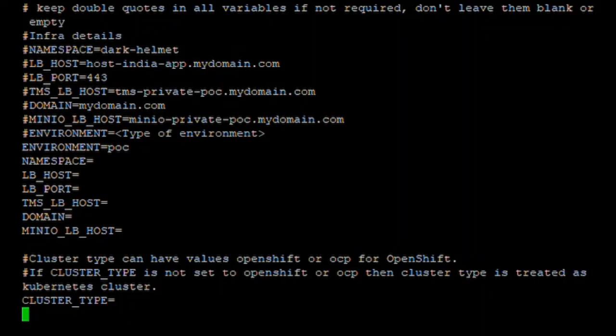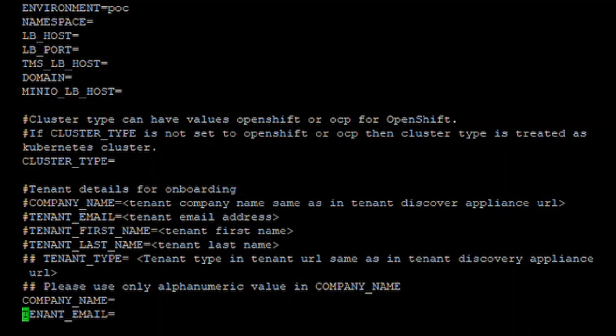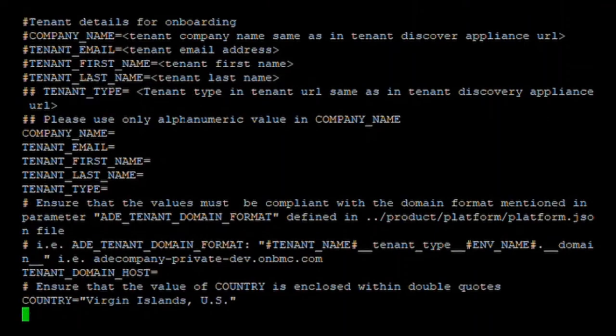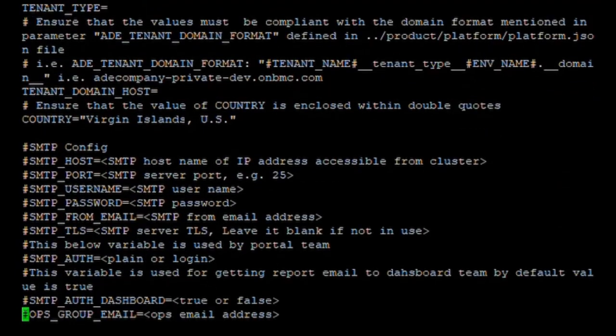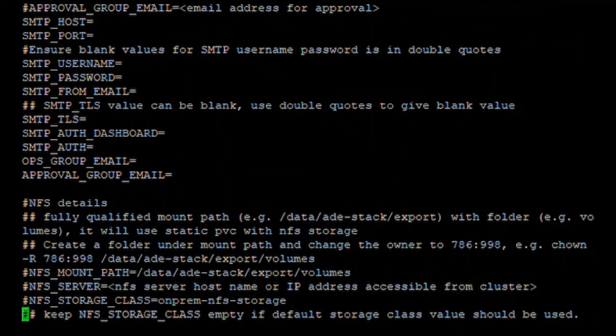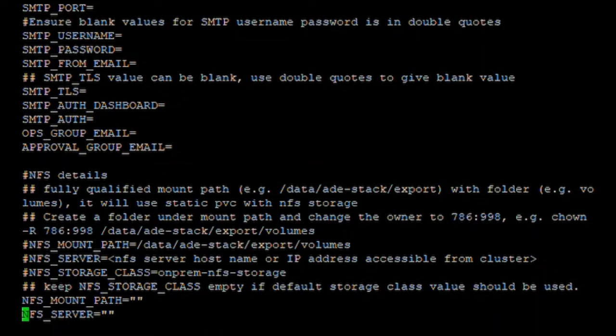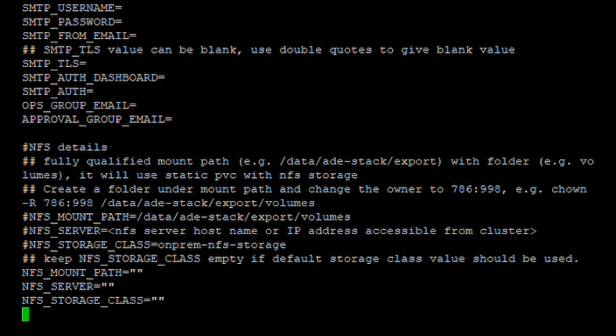You have to specify whether you're installing regular Kubernetes or OpenShift. Specify the company name, the tenant name. You'll have to specify your email address configuration. The NFS is mandatory, so for this particular case, you will have to follow the instructions here, including the particular unusual path over here, the ownership 786 and 998.